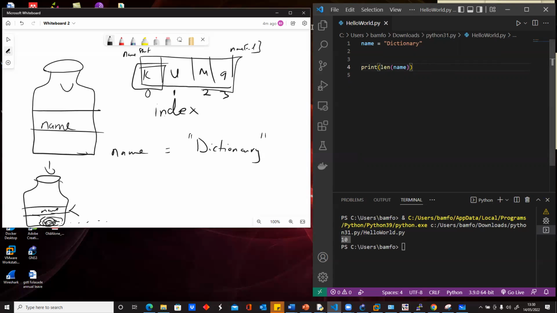But if we want to use indexes and get a position, we say 0, 1, 2, 3, 4, 5, 6, 7, 8, 9. Which means that